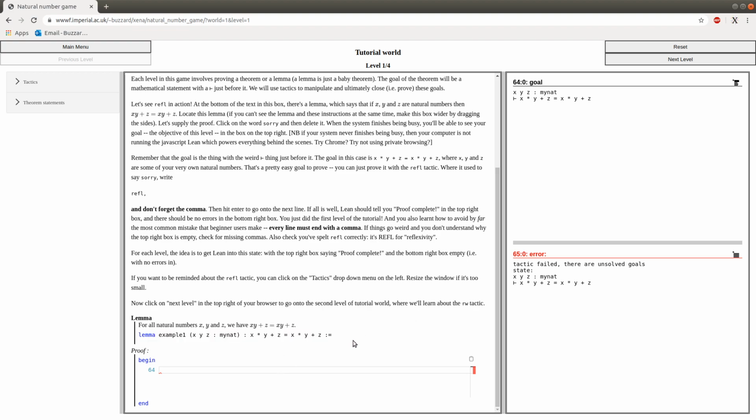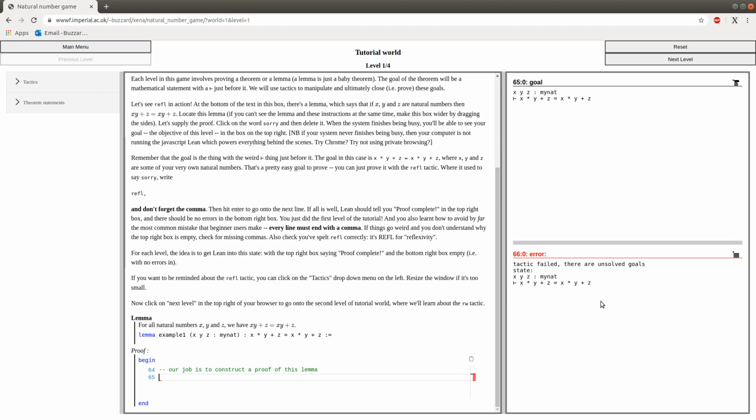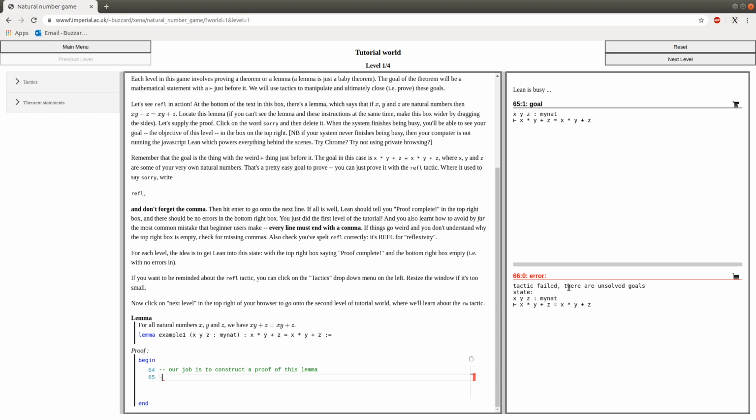So here's a lemma, called example 1, and the lemma says that x times y add z is x times y add z. Pretty clearly that's true, but our problem is that we've got to prove it. Our job is to construct a proof of this lemma, and as any professional mathematician will tell you, the reason this lemma is true